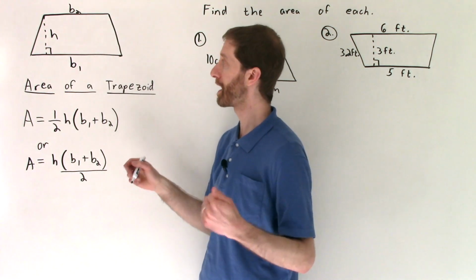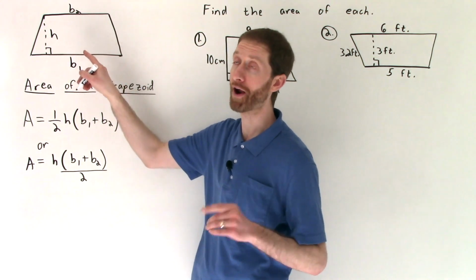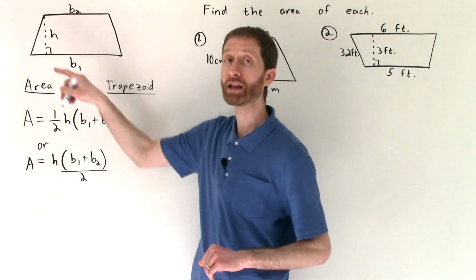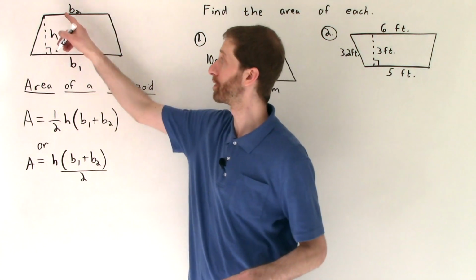bases. Okay, now, what makes a trapezoid is that we have one pair of parallel sides. That would be this one and that one. And the height is the part that connects these parallel sides, making a right angle with both of those parallel